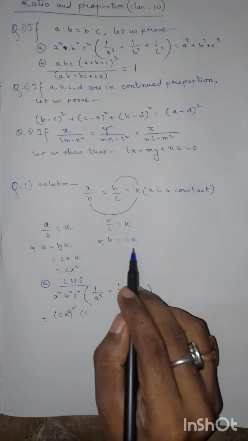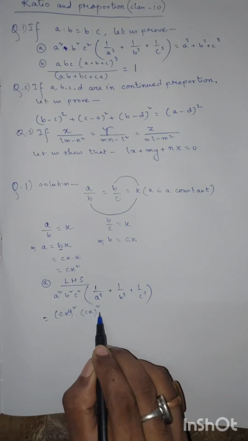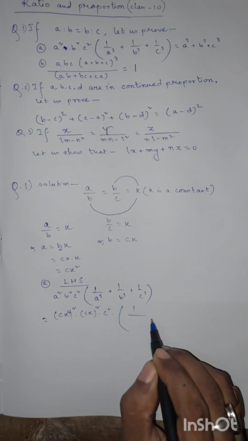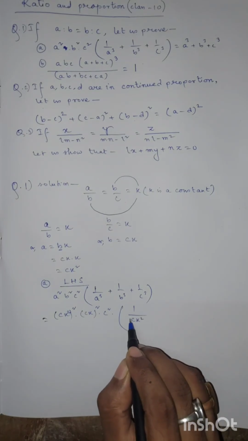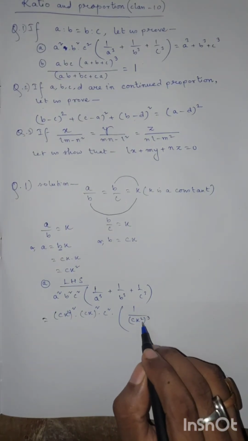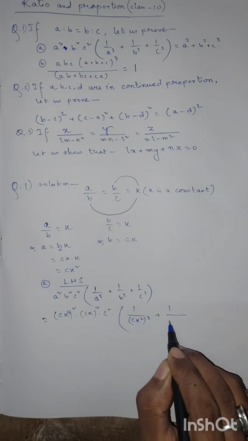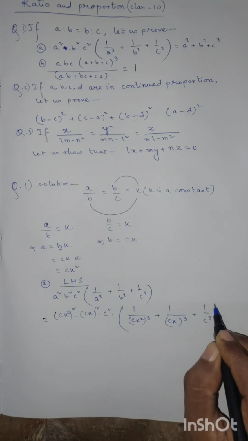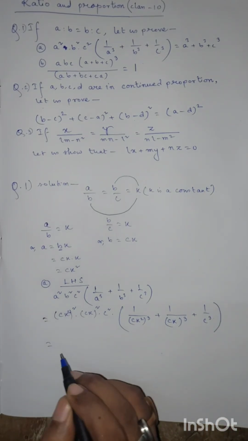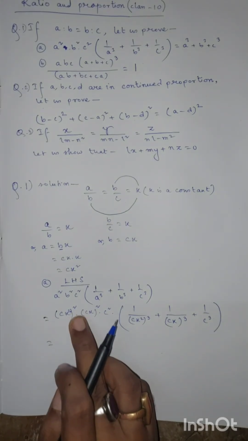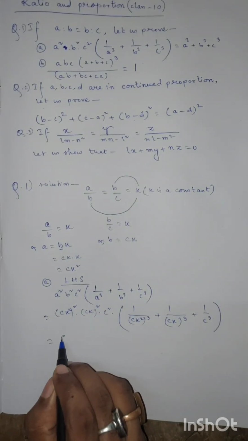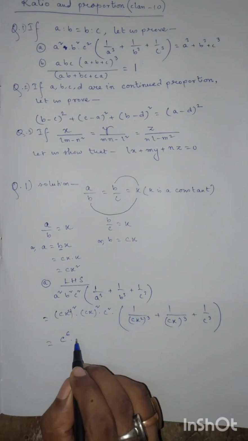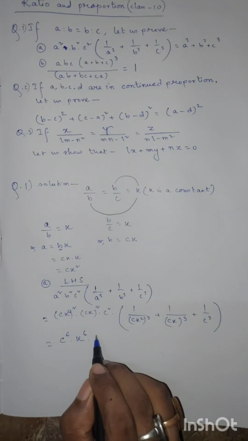In place of b we can write ck, so it is ck whole square into c square into within bracket 1 by ck square whole cube plus 1 by ck whole cube plus 1 by c cube, equal to c square c square c square, so it becomes c to the power 6 into k to the power 4 into k to the power 2, that means k to the power 6 into, within bracket